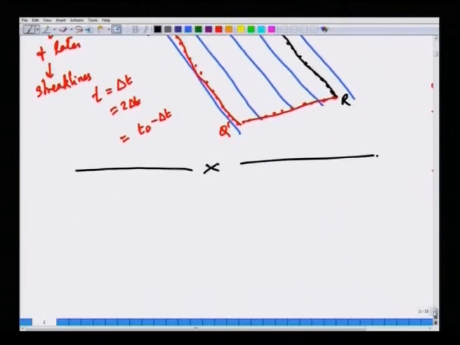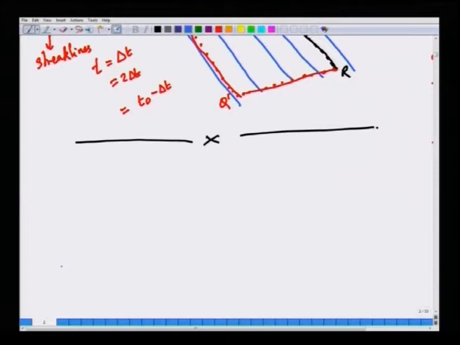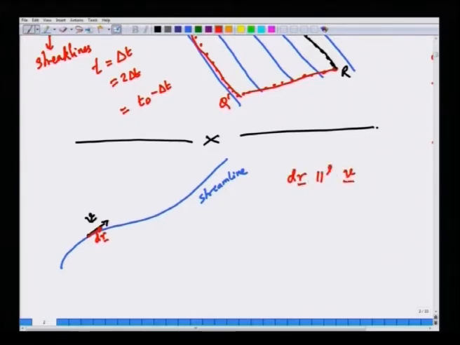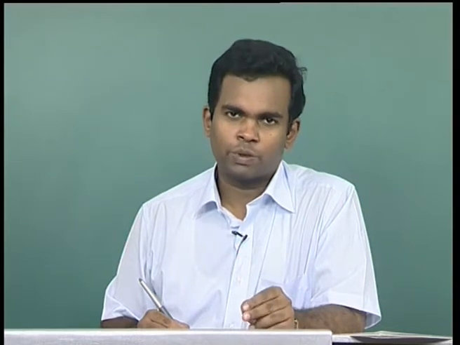So, a streamline, as I told you, if you take a streamline, okay, this is a streamline, it is parallel to the local velocity vector. So, if this is the point at which you are looking, the velocity vector is here. If I take an elemental distance dr at about the same point, dr will be parallel to v. That is the definition of streamline. At any given point, if I take an infinitesimal step along the streamline, that displacement vector will be parallel to